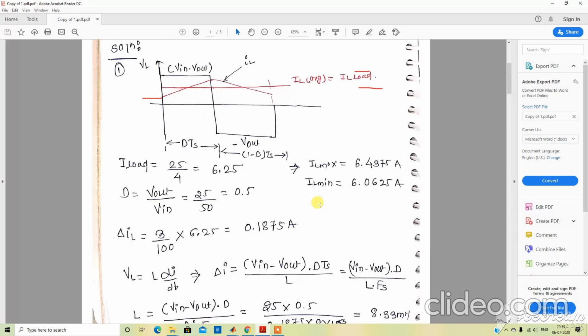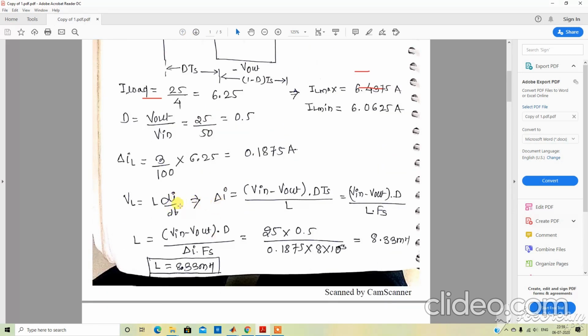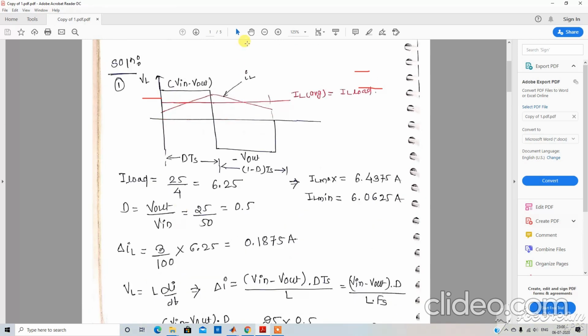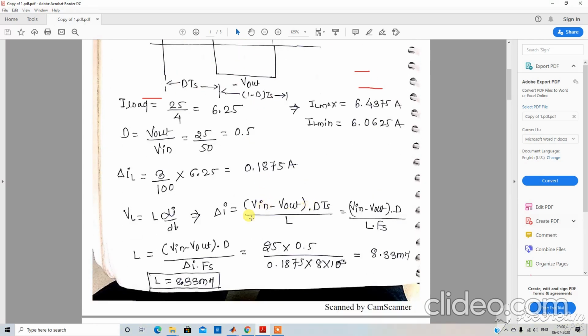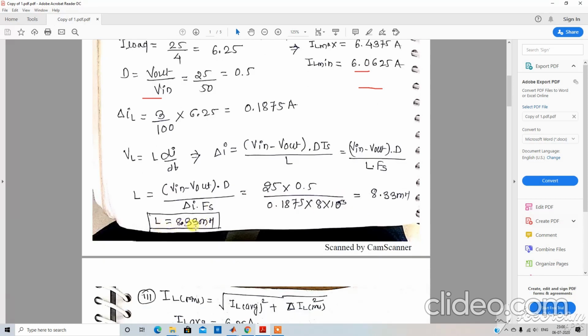If we take V in minus V out, we take d times Ts for this dt, and if we take minus V out, we take 1 minus d for this dt. So delta I is equal to (V in minus V out) divided by L, times d Ts. The value of the inductor is coming 8.33 millihenry.